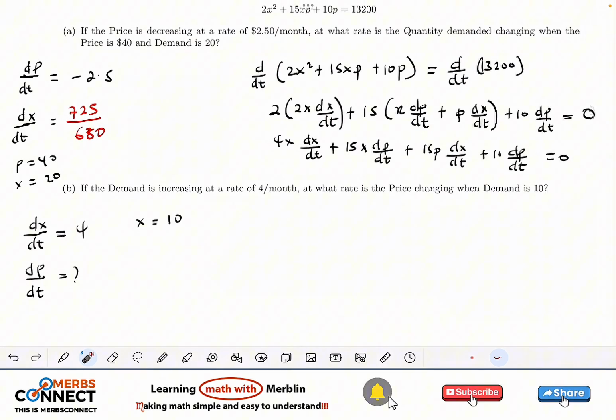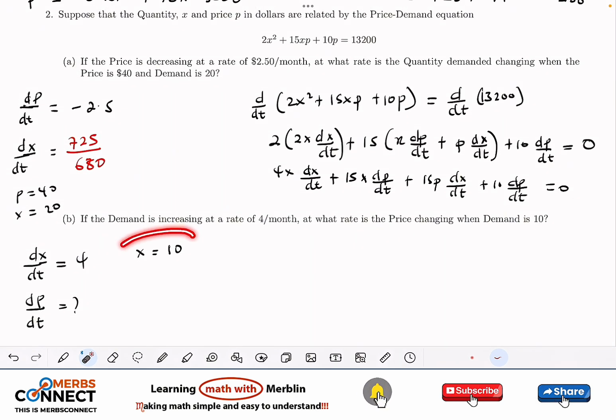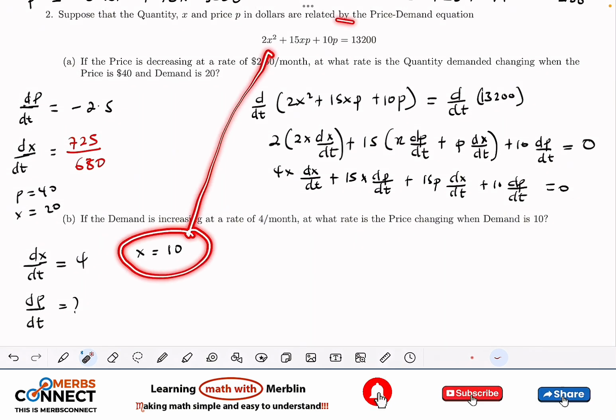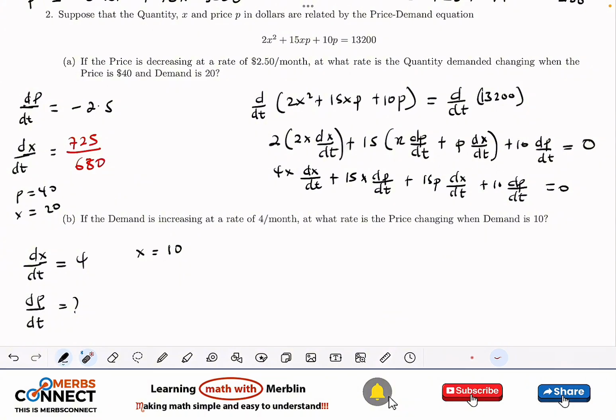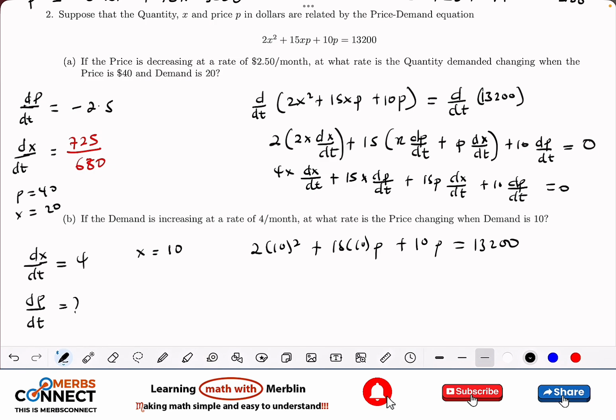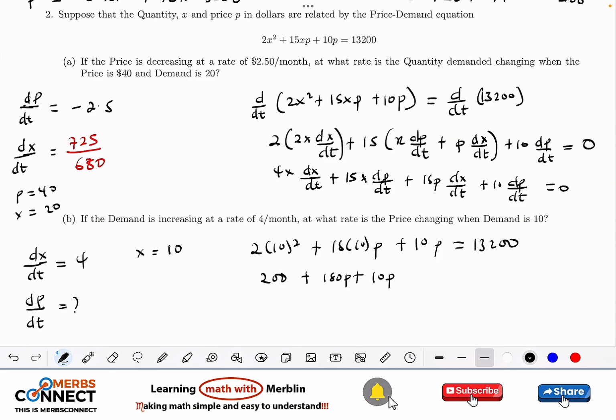We need to look for p first. How do we get p? Plug in x is equal to 10 inside this equation and let's find p. So 2 times 10 squared plus 15 times 10 p plus 10p is equal to 13,200. So 10 squared is 100. 100 times 2 will be 200. Then this one will be 150p plus 10p, which is equal to